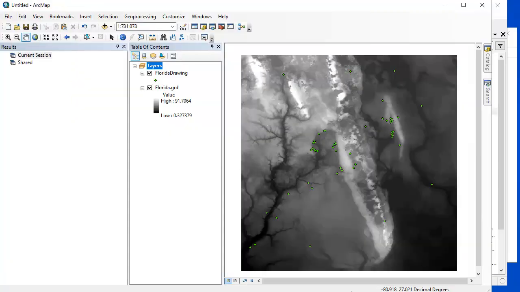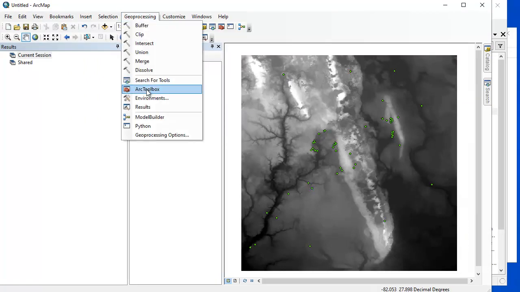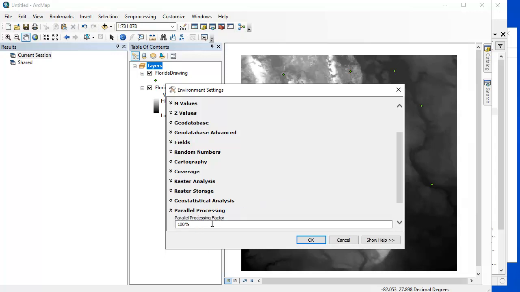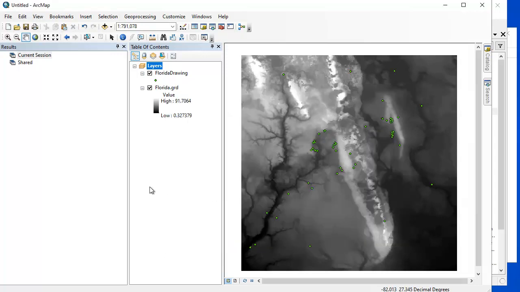Now that we've seen how to do all that in Manifold, let's see how we do all this in Arc. The first thing I'm going to do is make sure that in my environments the parallel processing factor is 100%. That's important because many of Esri's spatial analyst tools have been parallelized. What we saw Manifold doing, by the way, was 100% parallelization. Manifold ran 48 threads all the time. In fact, if you want to rerun any of these,